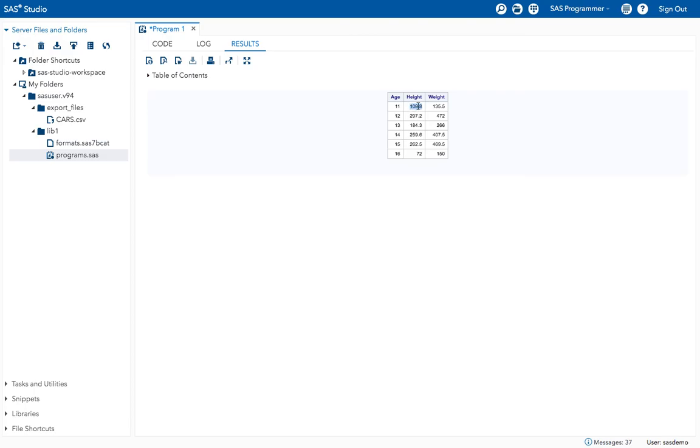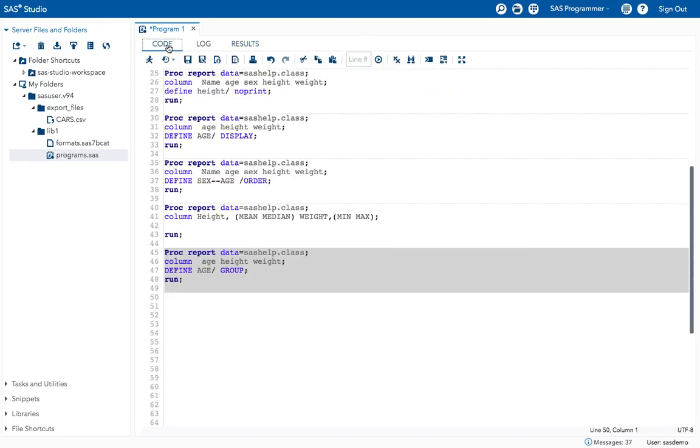It gave me the sum for all the age who belong to 11, and for weight also it gave me the sum of students who belong to 11 age group. Like this we can get the group values.